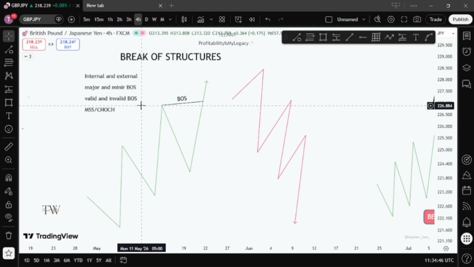The market continues in that direction after the break. Okay? Another thing you need to know about a valid break of structure: we already said that under break of structure, we have the external and the internal, the major and the minor. Now, for a valid external, you're going to see up to 2 to 3 break of structures